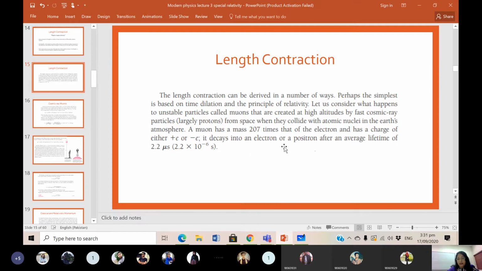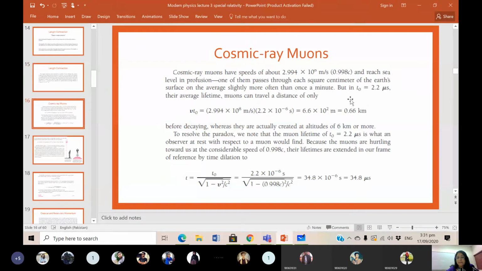So it decays into an electron or a positron. A muon will decay into an electron or positron after an average lifetime of 2.2 microseconds. So now, why am I telling you this? It is because